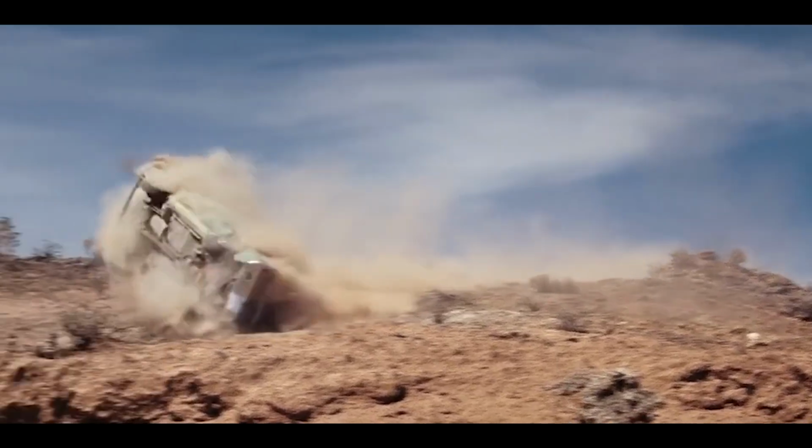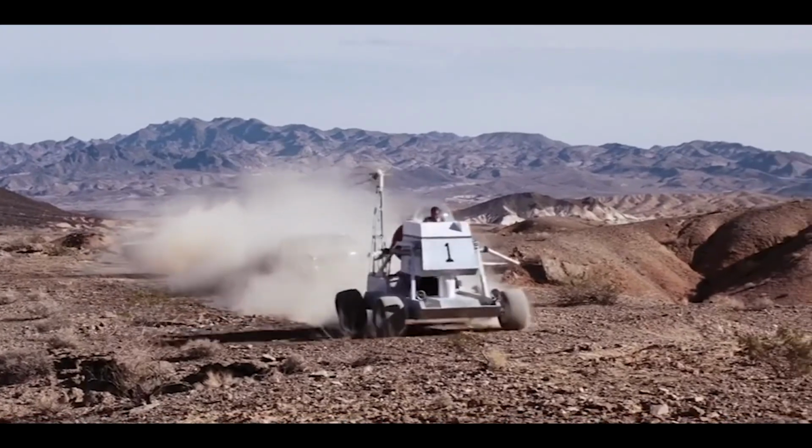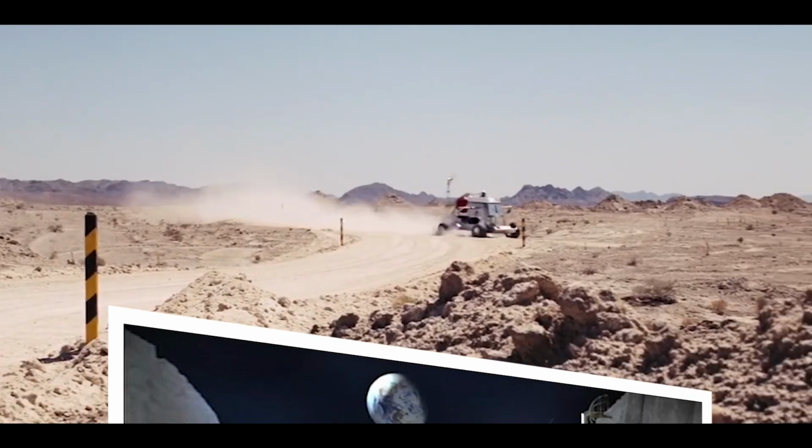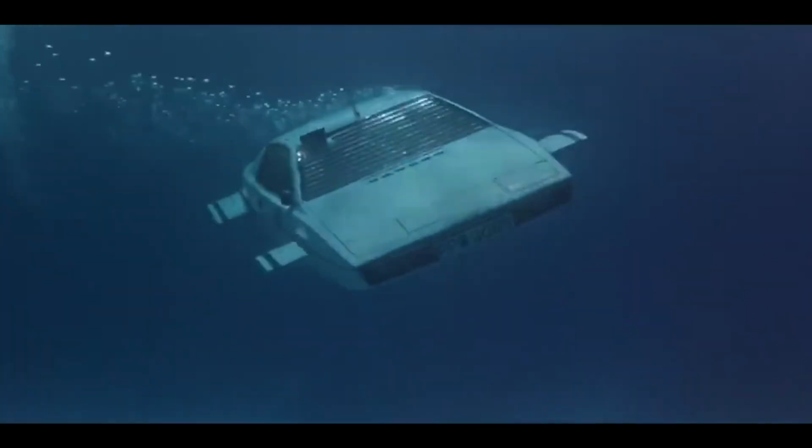On one occasion during the shoot, it broke down out of frame, but the rear wheel which had come off can be seen bouncing back into shot in the finished movie. None of this stopped the one and only moon buggy going up for auction in 2019 at a price of around $600,000. While we're on the subject of Bond cars that aren't technically cars, let's not forget about the Octopussy